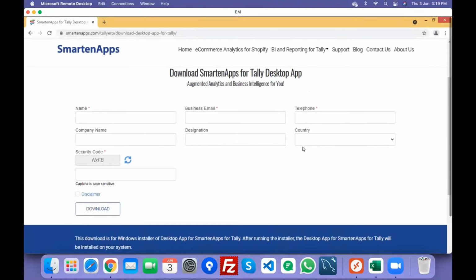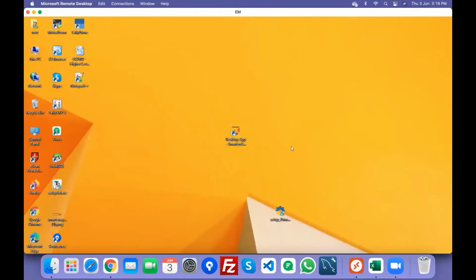And there are only a few steps. We are not going to show how the installer will work, but there are only a few single steps where you just have to press next, next, next, and finish. As soon as you complete the installation and finish it, you will find a shortcut on your desktop which says desktop app, smart apps for Tally.